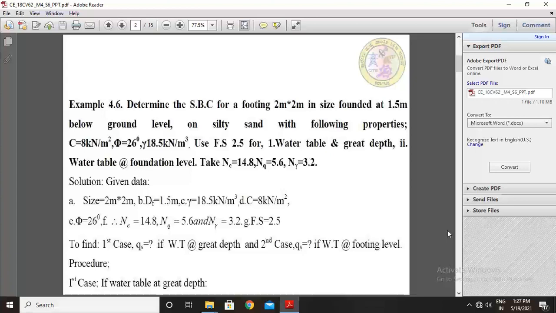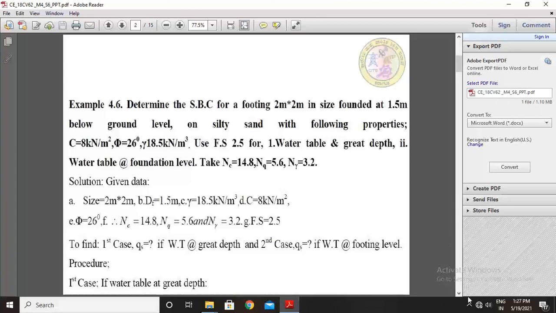Solution. What are the given data given in this problem? Size of footing is 2 meter into 2 meter. Depth of footing is given 1.5 meter. Unit weight of soil is given gamma equal to 18.5 kilonewton per cubic meter. C is given 8 kilonewton per meter square. Phi is given 26 degree. Bearing capacity factors NC equal to 14.8, NQ equal to 5.6 and N gamma equal to 3.2, and factor of